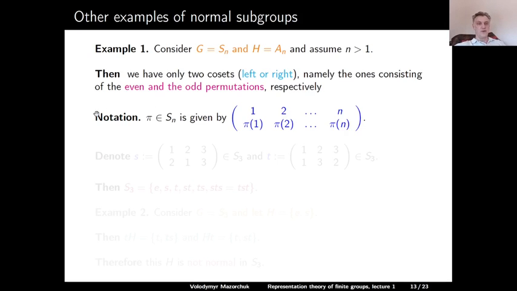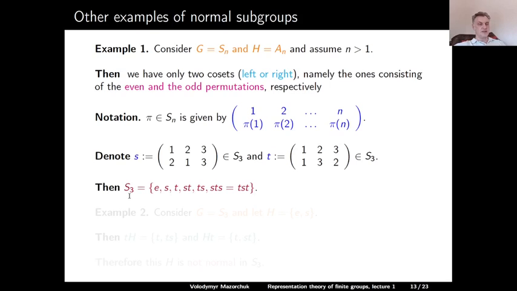So here is one form of the notation which we will use for elements in Sn. When we write them as functions, we write the elements 1 to n in the first row, and then the images of these elements under our permutation from Sn in the second row. Let s denote the transposition of 1 and 2, and t denote the transposition of 2 and 3 in S3. Then we can write S3 as a group consisting of e, the identity, then s, this element, t, this element, st, ts, and sts,